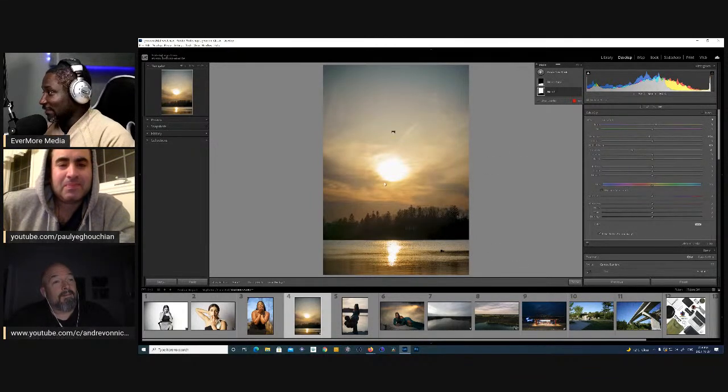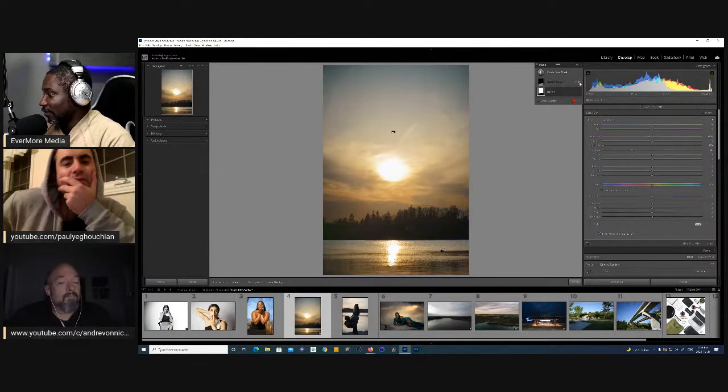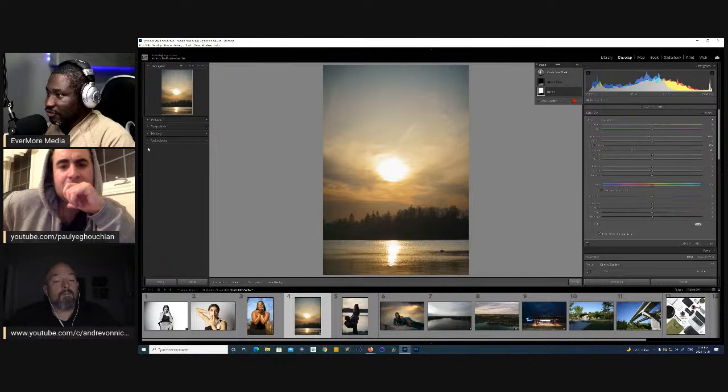So that was just an example. Within the options here, if you want to see your before and after, each of the masks has an eye on it, right? Which you can hold down to show what that mask is doing. Does it show the history too? Does it show the history? Yeah, if you go into the history panel here,